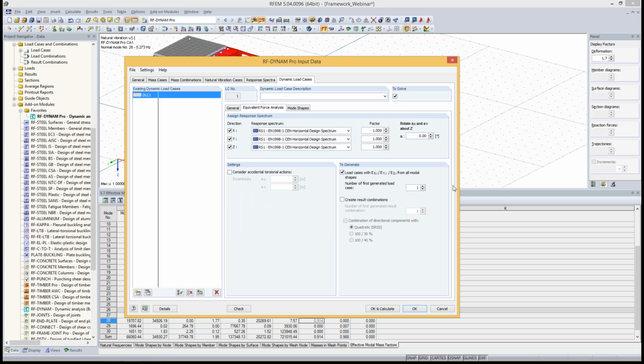Here you define what load cases are exported and if you want to create result combinations. The load cases contain the generated loads, and they are exported separately for all mode shapes and for all excitation directions. So we want to export the load cases. We want to also create result combinations. This is the first step of the combination process, which combines the modal responses with the SRSS rule,